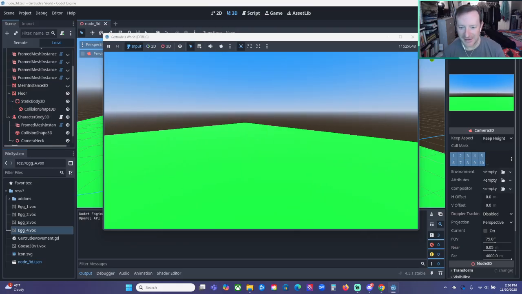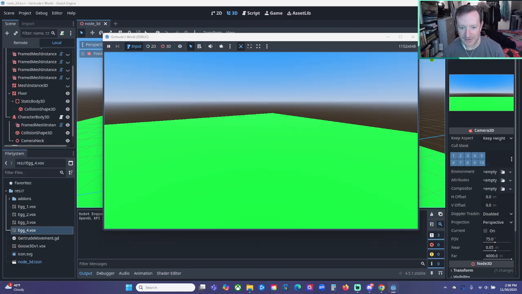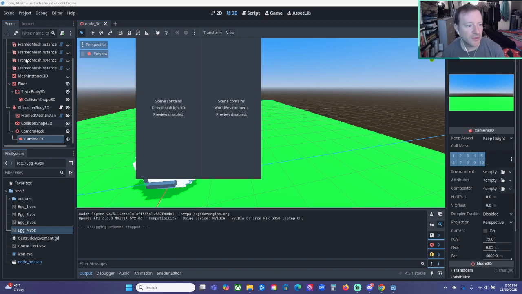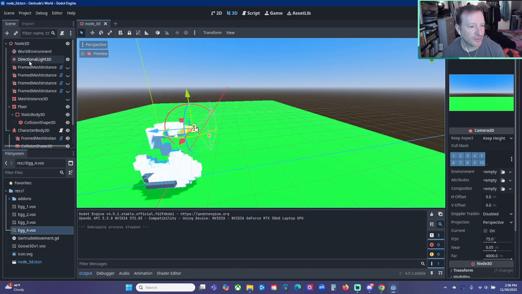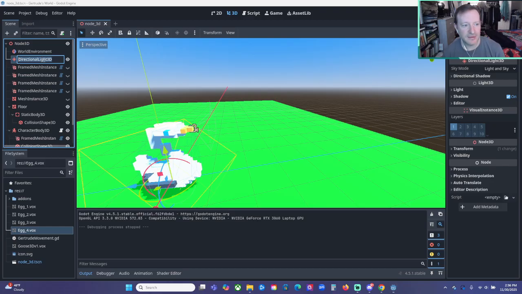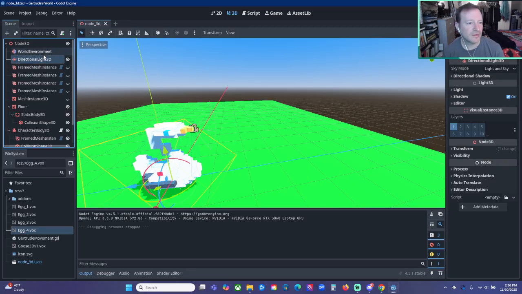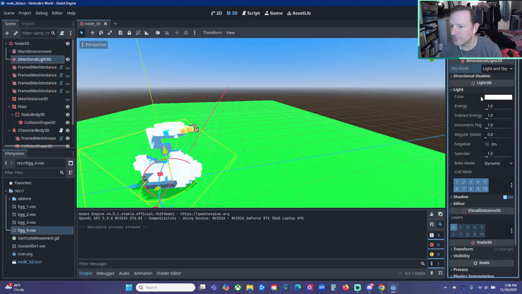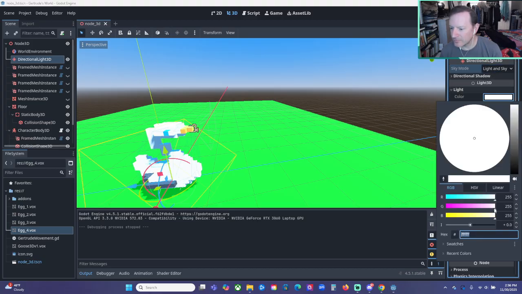Yeah, we should make the sun yellow. I agree. Let's do it. Sun yellow. So what do we do? We come up here, directional light. Oh no, how do I edit it? It's on the right side, I think. Is it the stuff on the right side? Node and history, one of those might have the color. Oh, there it is. Boom.